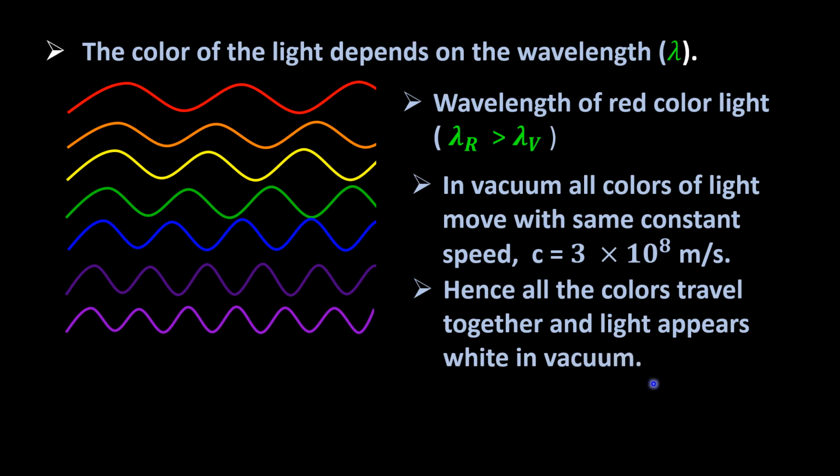This is very important. Wavelength never changes with respect to material, isn't it? So the wavelength of red color light is this much only, and the same wavelength will exist even in different materials, in vacuum or in any other transparent material. Wavelength never changes. The only change will occur in their velocities or speeds.